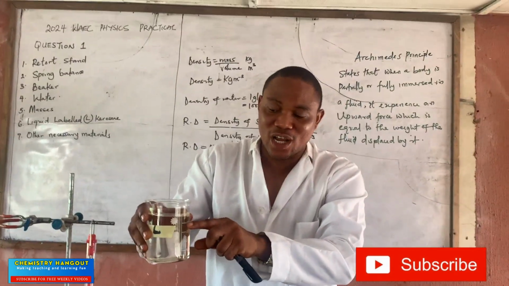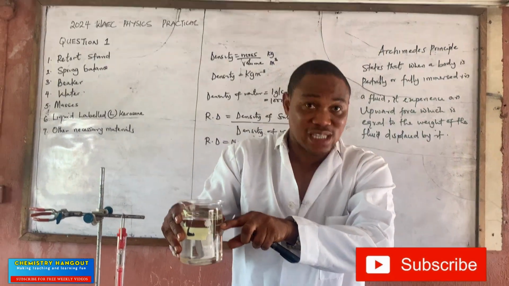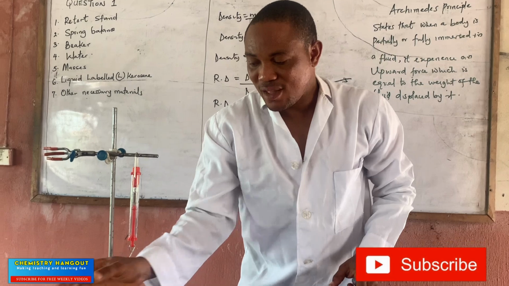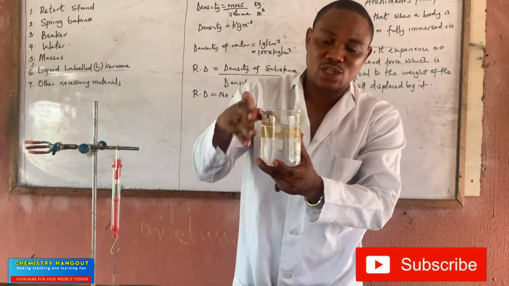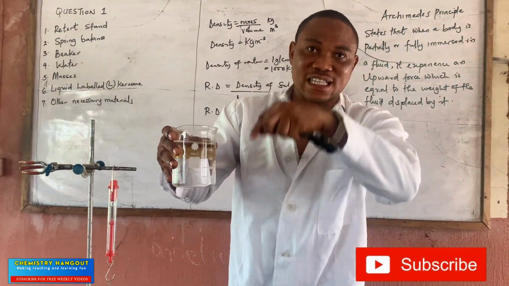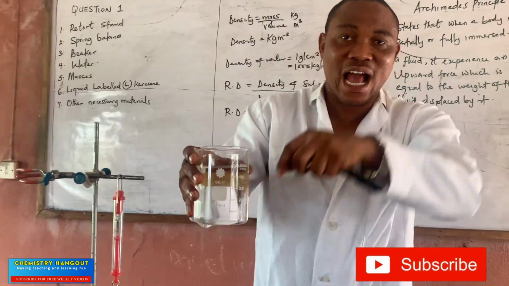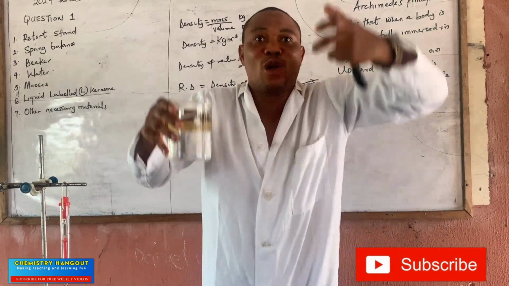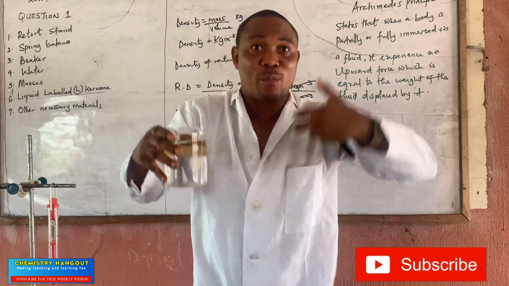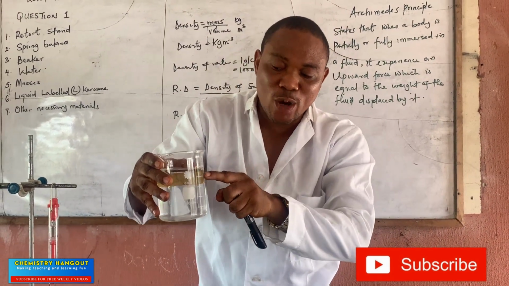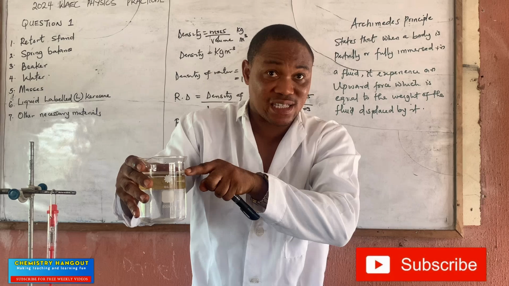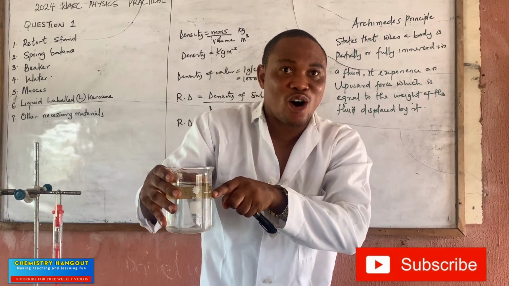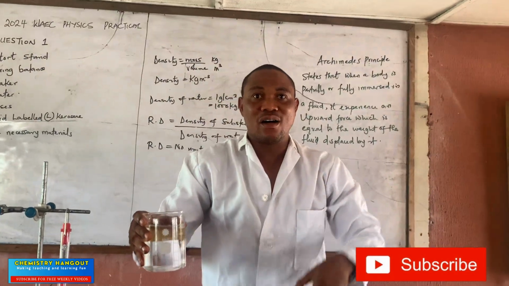Let's say for example the liquid is 400, just an example, and I immerse, let me use water so that it will be clearer. Let's take for example it is 400 ml and I immerse a body there. You know when I immerse a body inside, what happens? The liquid will pop up. So let's assume that the liquid popped up to 500 ml. You see that now? Which means that 500 ml minus 400 ml will give me the volume of what